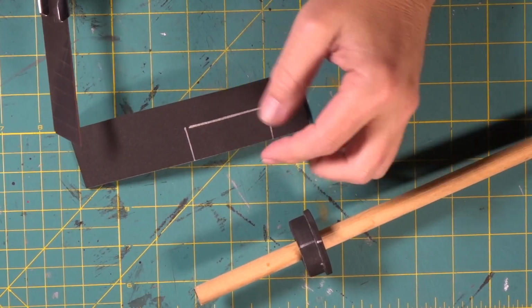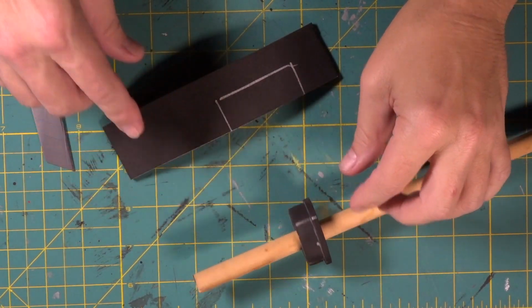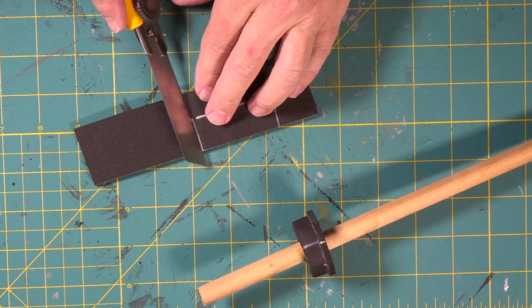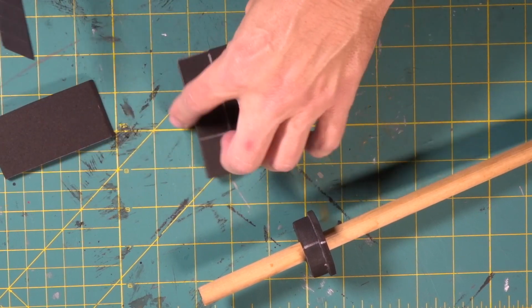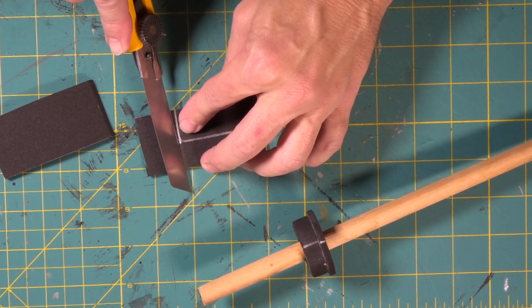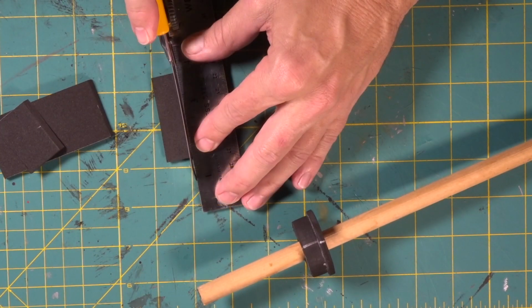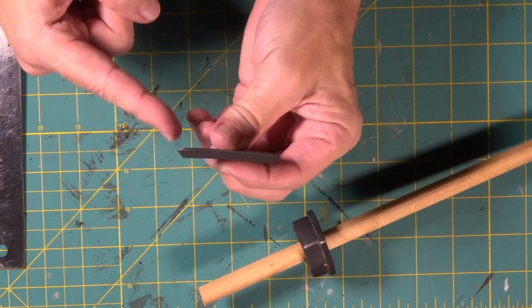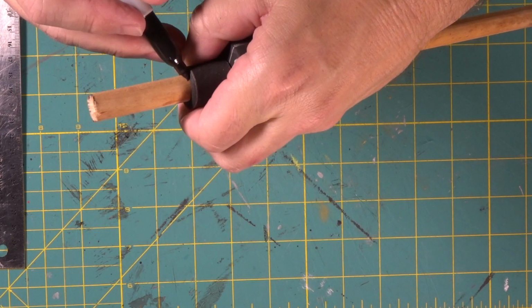Now what we did was wrap a piece of the same diameter foam around our handle so we could measure how long it's going to be. And remember, slightly tip our knife. We're going to cut a slight bevel on that side, and tip our knife and cut a slight bevel on that side. Slide right through there. All right, now, see what we did? We have a bevel cut on this end and a bevel cut on this end. And the reason...